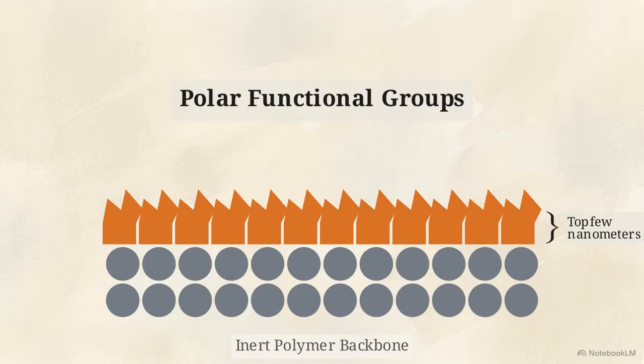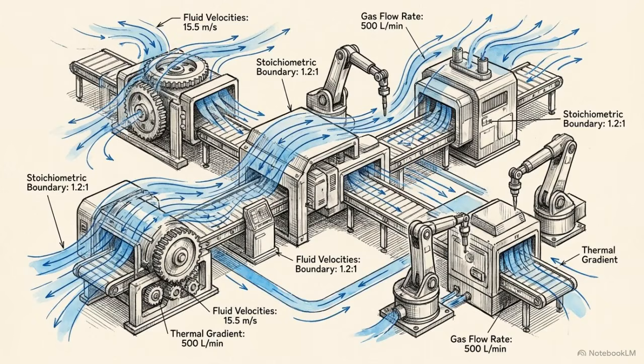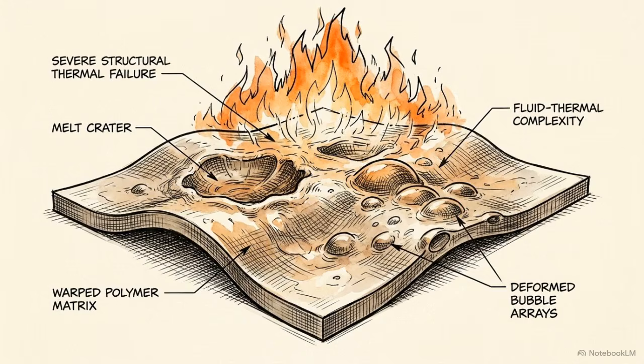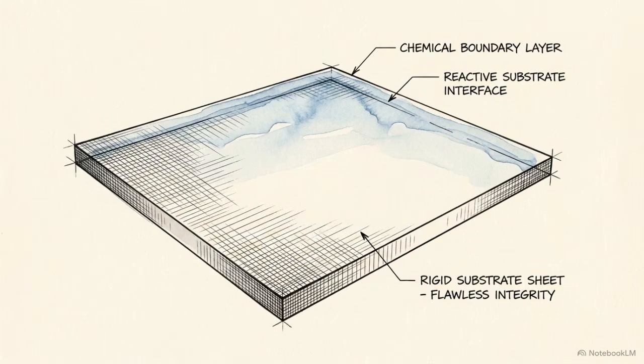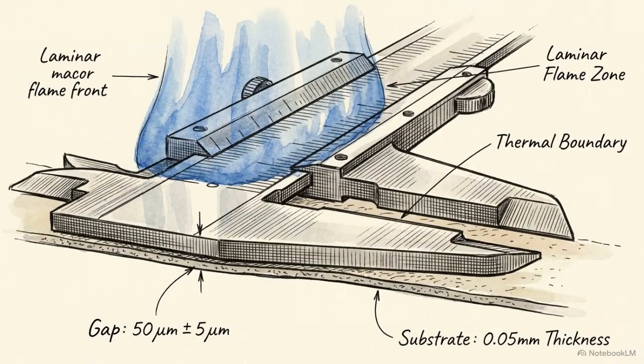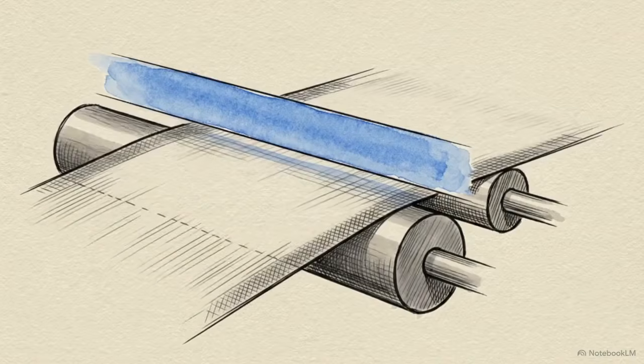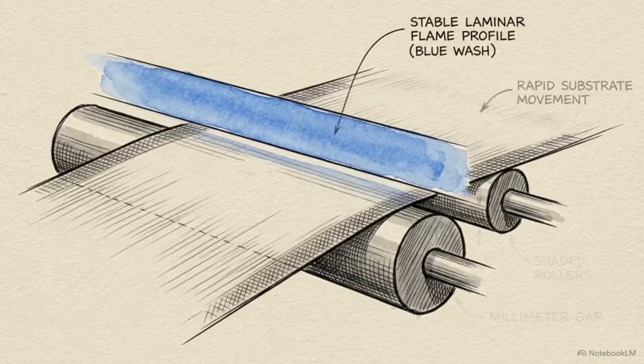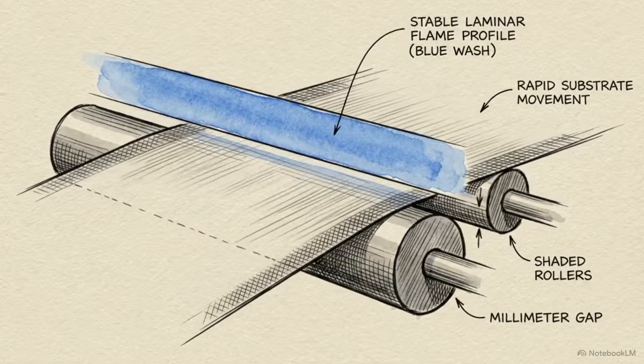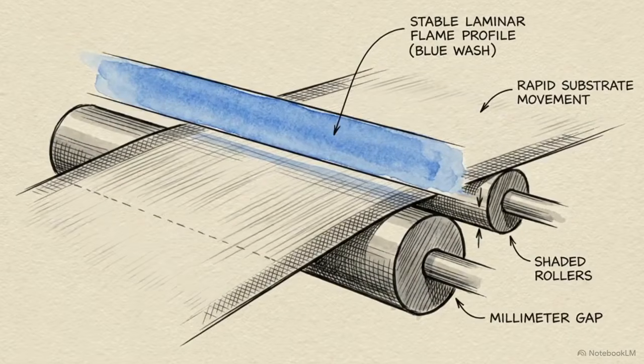something to grip. Achieving this inline is an exercise in manipulating fluid dynamics. Applying raw heat melts the substrate. Applying reactive chemistry alters it. The engineering tension here is strict. The system must deliver a continuous, highly stable pool of oxidizing radicals directly to the surface without exceeding the material's